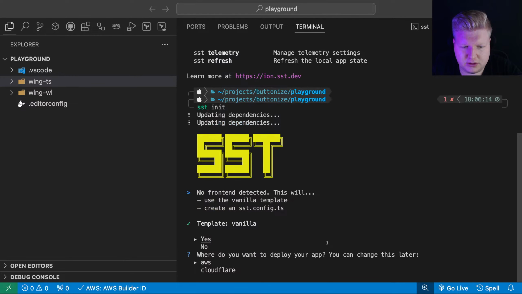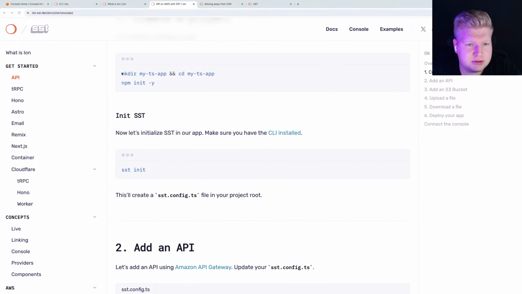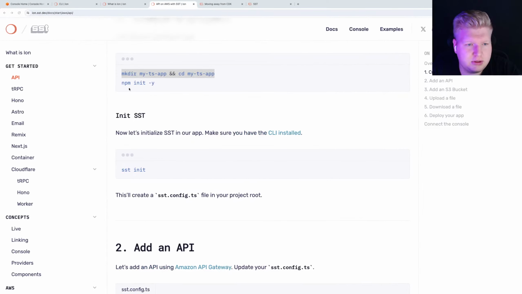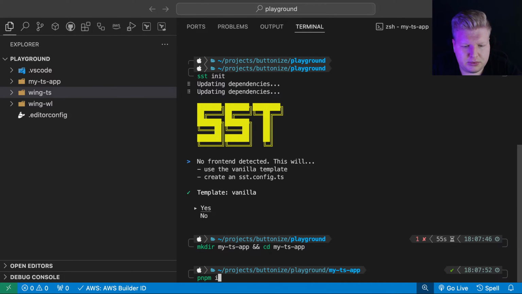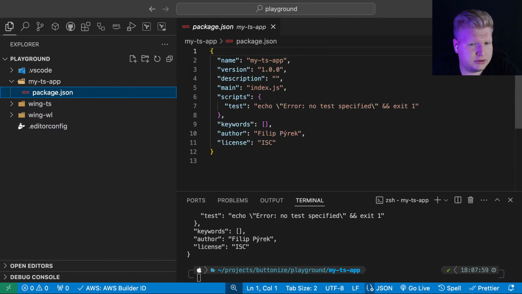Okay, it does something. Let me kill it. Okay. I do npm, just npm. Yes. All right, so here we are.